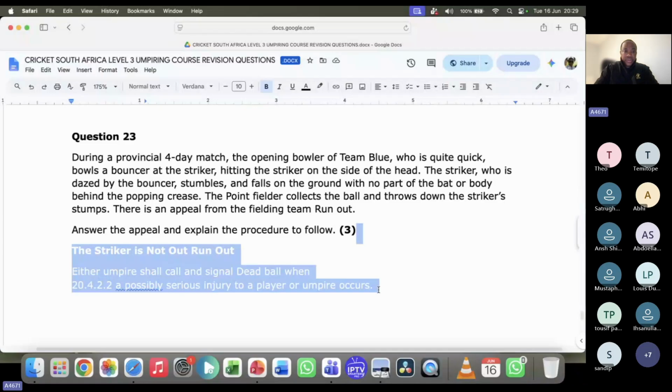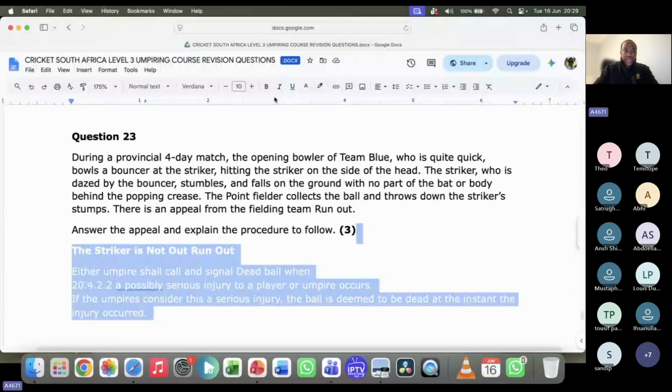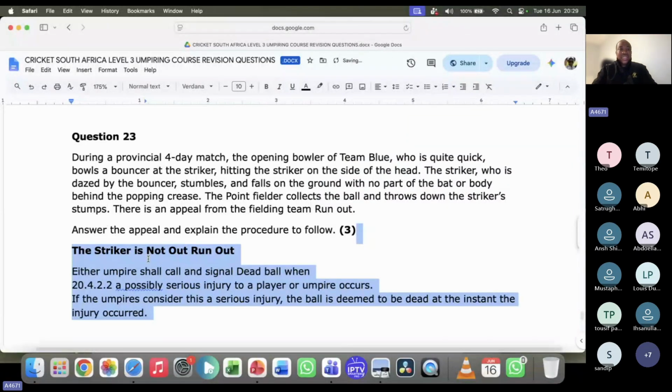Happy with that, Tausif? Well done. The striker is not out, run out. Either umpire shall call and signal dead ball when there is a possibly serious injury to a player or an umpire. If the umpires consider this to be a serious injury, the ball is deemed to be dead at the instant the injury occurred. So even though everything happens very quickly and we might only call and signal dead ball after the point fielder has put the wicket down at the striker's end with the striker outside of his or her crease,